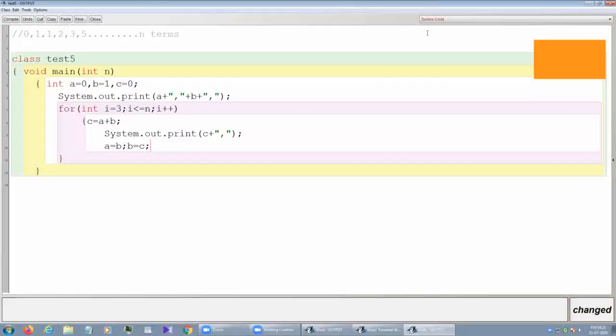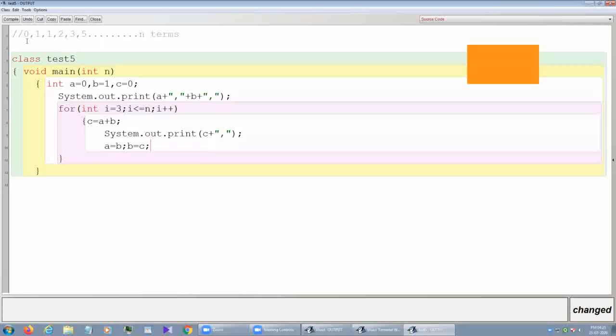So we are going to print a Fibonacci series. What is Fibonacci series? Already we discussed. We have to start from 0 and 1. So if 0 and 1 is there, then 0 plus 1 is 1, which is the very next term. That means how we'll get the next term? After adding the previous two terms.